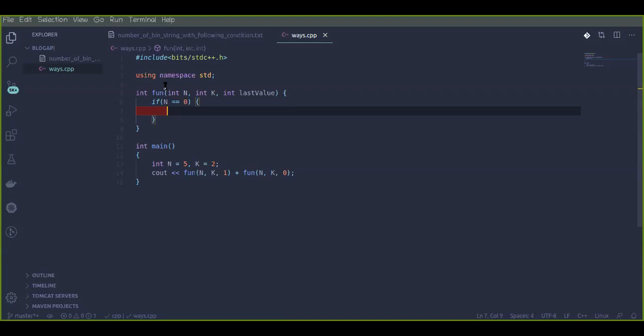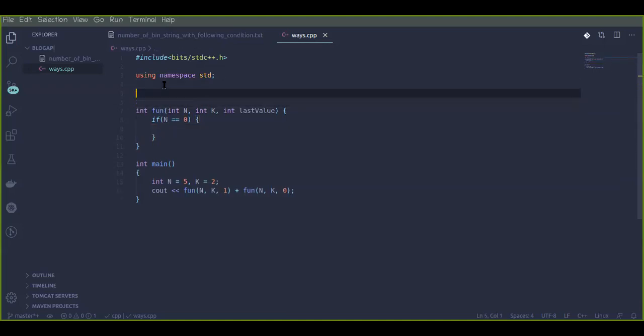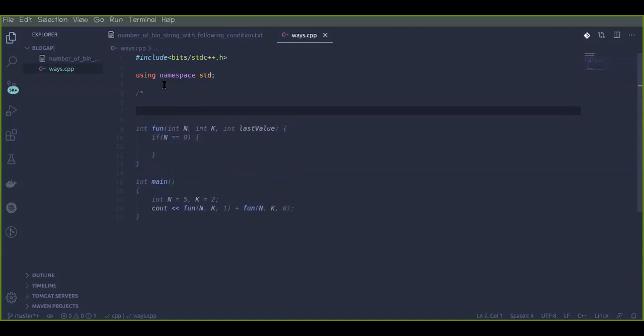There should be at least one length, because if there is one length, then we have two possibilities for the binary value, which is 0 or 1, isn't it? This is the one-length string. But what about the 0 length? There is nothing possible, isn't it? That is why we will simply return 0 right here.